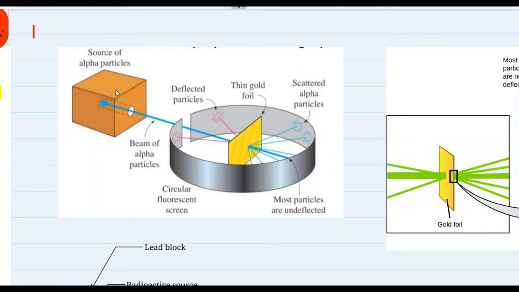In this cube which you see over here, there is one source of alpha particle. Now this source of alpha particle can be any radioactive substance. Always remember that a radioactive substance